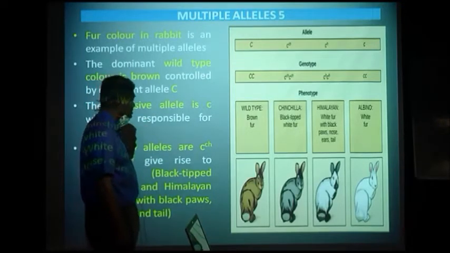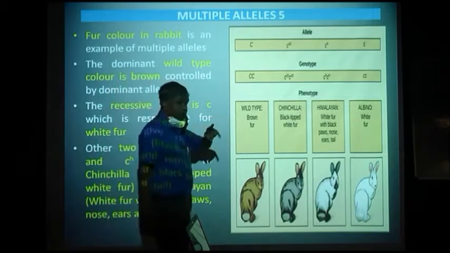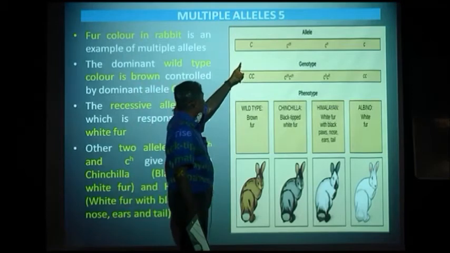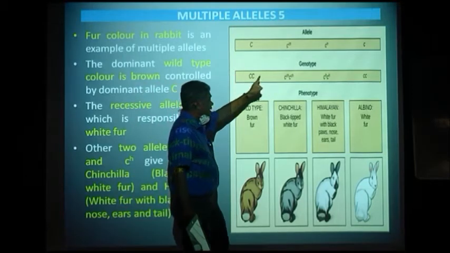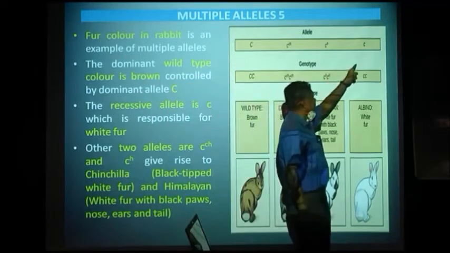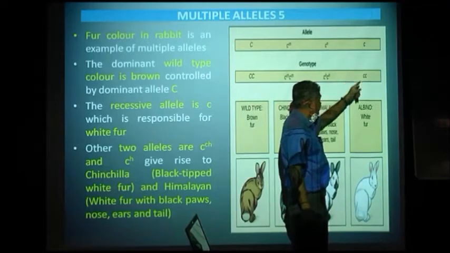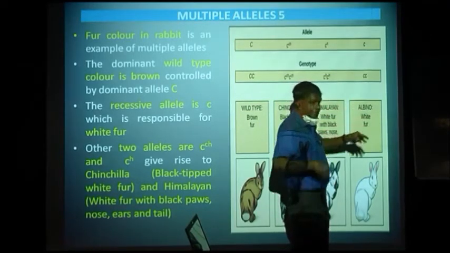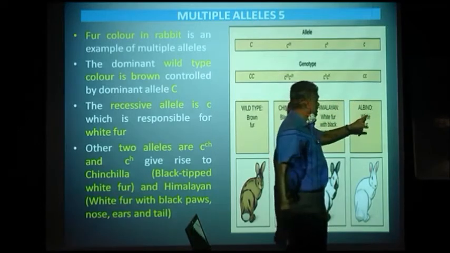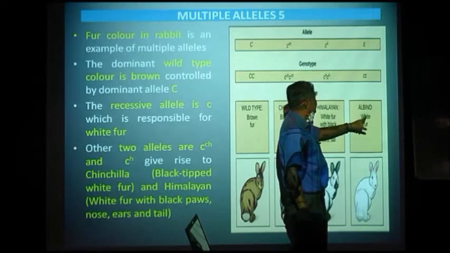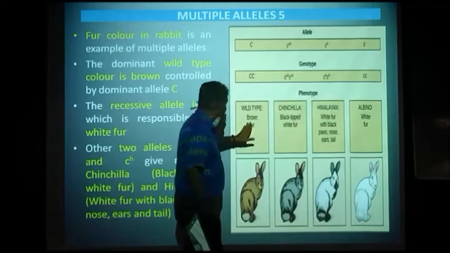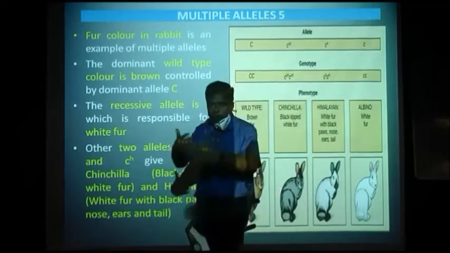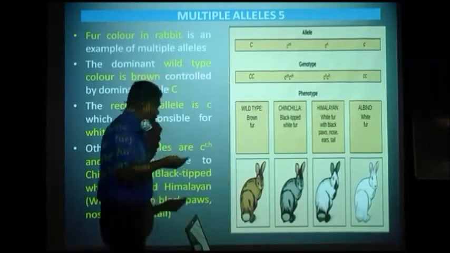The 4 alleles are the wild type. I told you the wild type is usually dominant. Now the wild type is for brown, and its recessive is for white, albino. Recessive fur means the hairs. Now recessive is for white. So either it should be brown or white, but due to mutations, 2 more